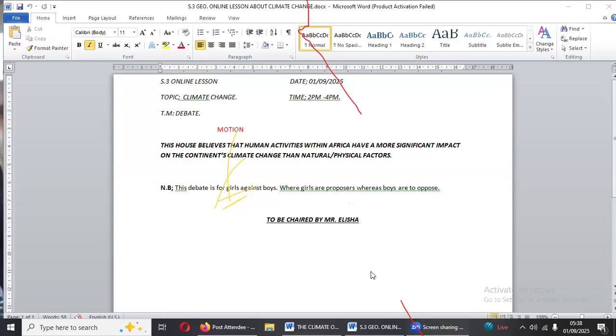Okay, on that issue, the government is to eliminate these vehicles because they know that it is minor, therefore they can control it. But when you look at the natural factors, like desertification, it is not easy to control, but you can at least eliminate these vehicles. Meaning, for example, the previous,